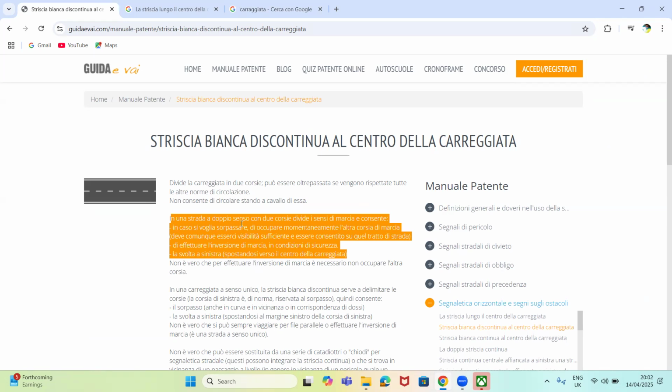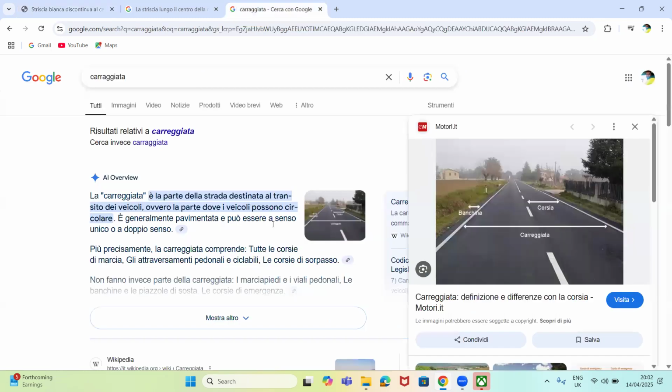In una strada a doppio senso di circolazione. Please, this part is very important. In una strada, and this strada has double sense of movement, you get two corsie. Follow me, use your fantasy. They said, in una strada a doppio senso. It doesn't end there. And this doppio senso has two corsie. Simple. Think about a road with doppio senso: we'll get two corsie, something like this. They call it doppio senso, for example.